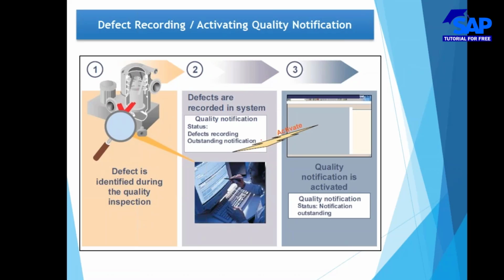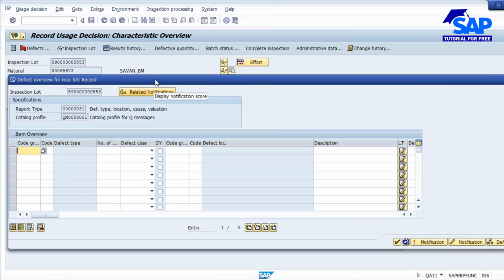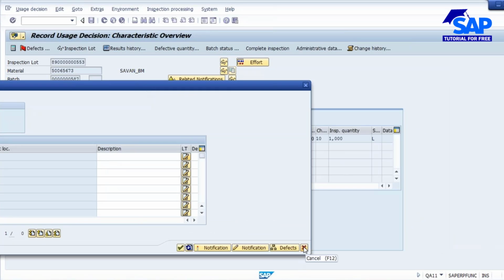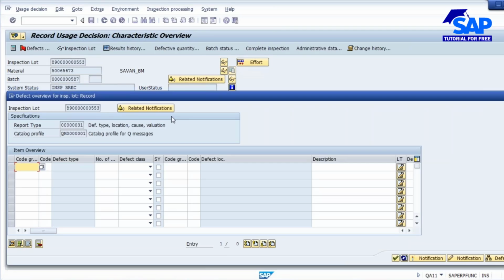So let us do that. So I'll show you that. So for the same lot, okay, this is the lot, right? So I'm recording the defect.